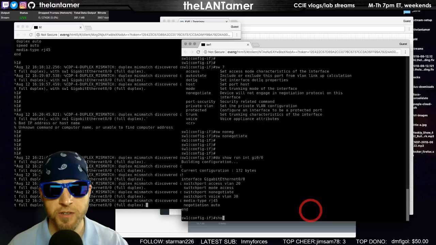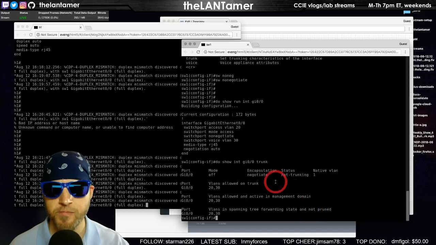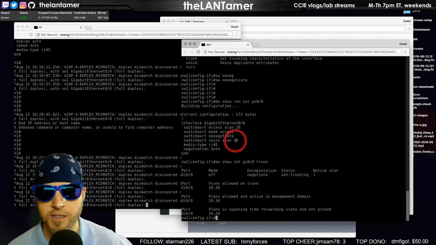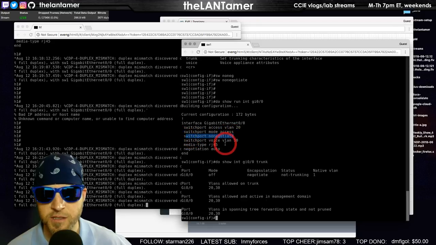And now if we do show interface GI0/0 trunk. Look at that, guys. Interesting. Now I thought this no negotiate command was in regards to DTP negotiation. Am I thinking about the wrong encapsulation here? Good question.